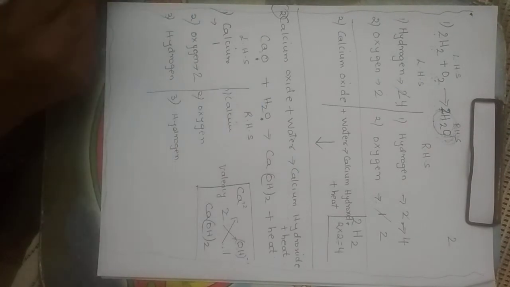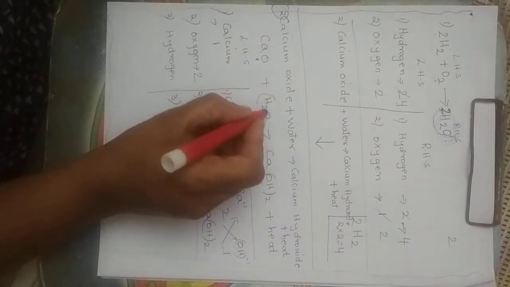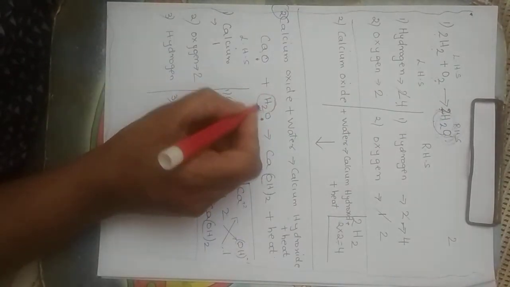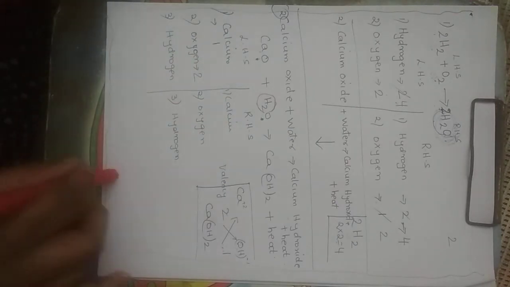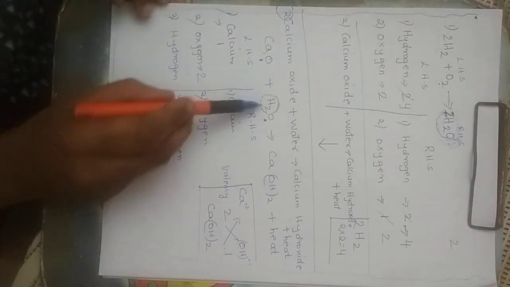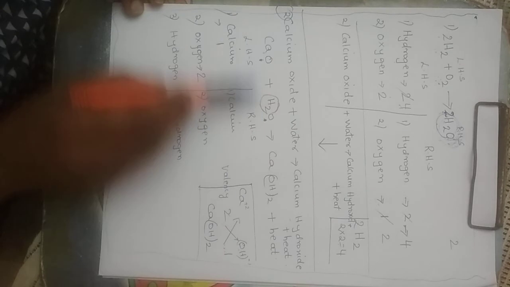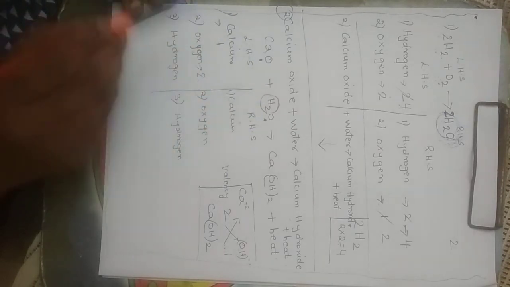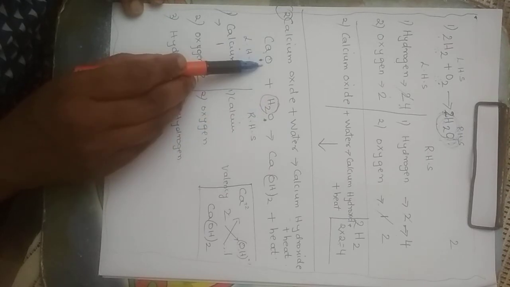Okay. Now hydrogen. How many hydrogen? Only consider hydrogen. See hydrogen. Are there more hydrogen? Can we see more hydrogen on the left hand side? No. So we can see only 2. Look properly. Here, are there hydrogen? No. So this way you have to count. You have to count and see, and if there are more, see.